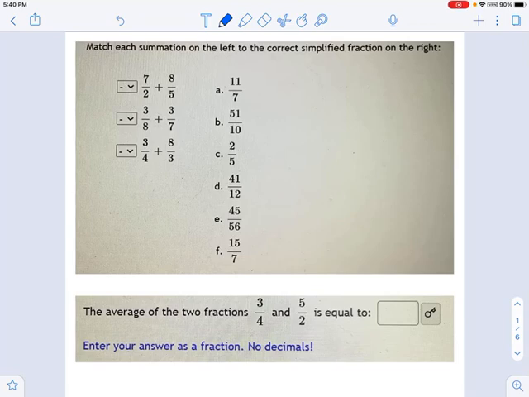We're going to work through the addition of fractions with unequal denominators. And this will be pretty quick. I'll just do this top example right here, and we'll get into how to find the average of two fractions after that. Now, if you remember, fractions have to have common denominators, because if you're adding 3/4 and 5/4, that's